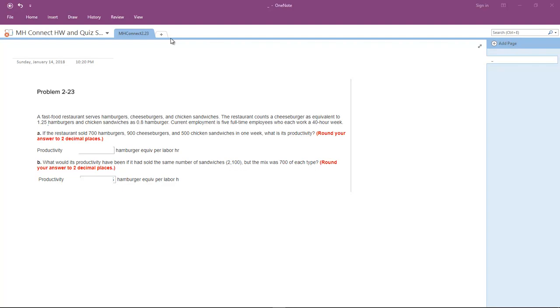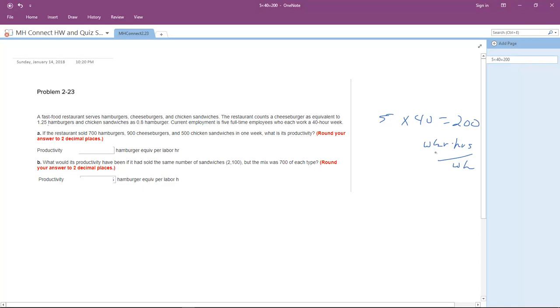If we look at the total number of hours available to you as a resource to get your job done as a manager every week, we have 5 employees times 40 hours each per week. Hopefully we can all do that math in our head. That's 200 worker hours per week. So you have 200 hours of your workers to get the entire aggregate order for the entire week done. Free market again at work here.